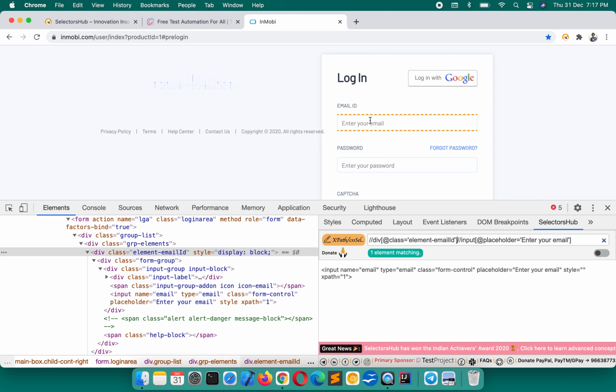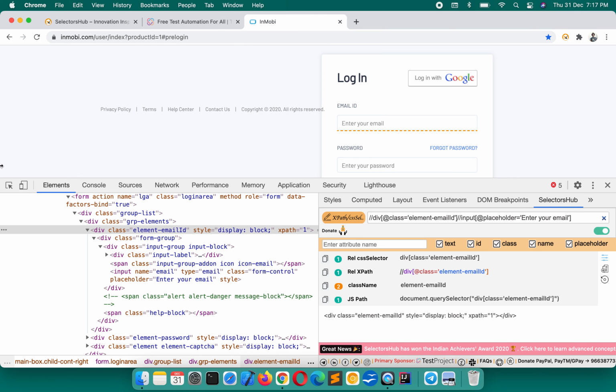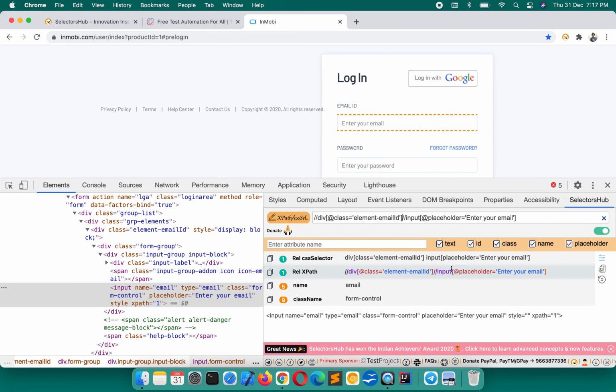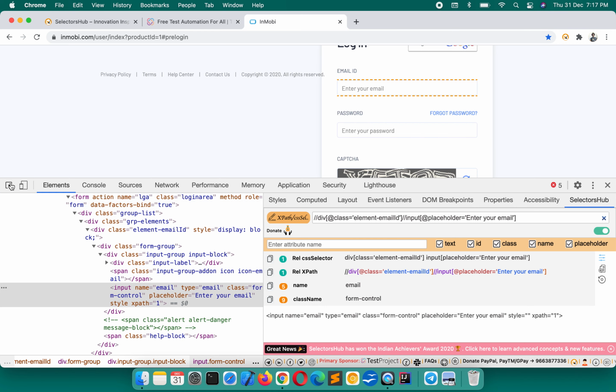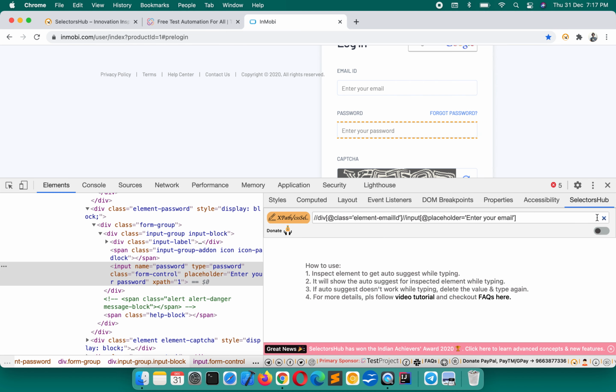We had to write a unique XPath for this element, and what we did was connect this child element to a parent which is unique. This kind of XPath is given by default by SelectorsHub, so you need not worry about that. You just turn it on. If you ever face difficulty, you can turn this on at any time and inspect that element. SelectorsHub will give you a unique XPath for every element you inspect. Then you can write your own and see what's happening and what's not, and learn from that.